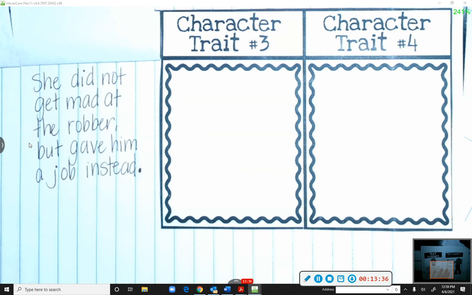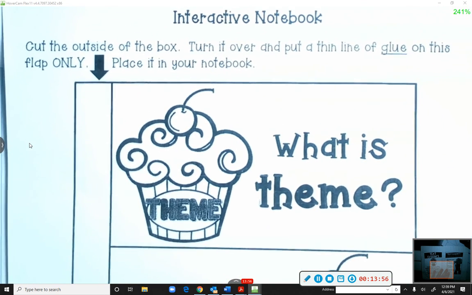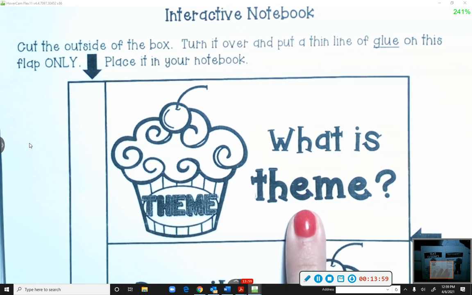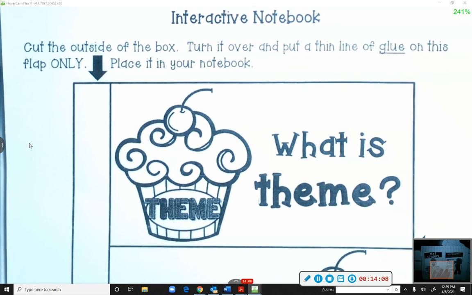The next thing we're going to talk about is theme. Okay? So we'll talk about theme a little bit. So you're still going to need your journals out and flip to a clean page. We've seen some questions about theme before. So those of you at home, you're going to turn to a new page and just put theme at the top. We're still in the same journal, reading notebook. So all you need to do is flip to the next page. And we're going to put this